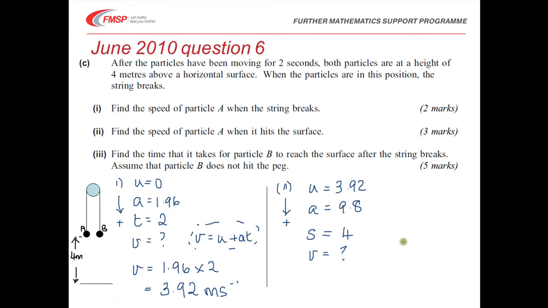We're asked to find v, so the equation we want to use this time is v squared equals u squared plus 2as. That is the equation that connects all that information. So if we substitute in, v squared will be equal to u squared, 3.92 squared, plus 2as, so that's plus 2 times 9.8 times s, which is 4. That turns out to be